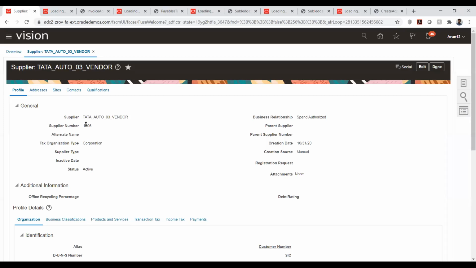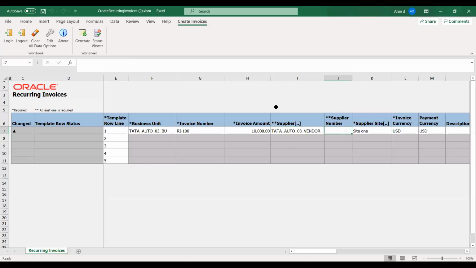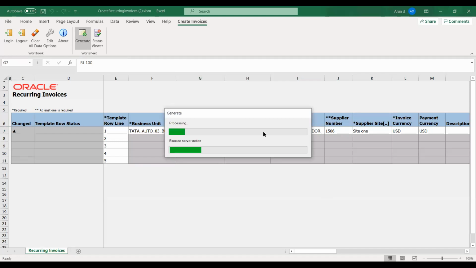Here we will have the supplier number, so I'll take this, put it in the sheet, and load it. I have filled in the required basic information, so I'll just say generate. This will generate the invoices.